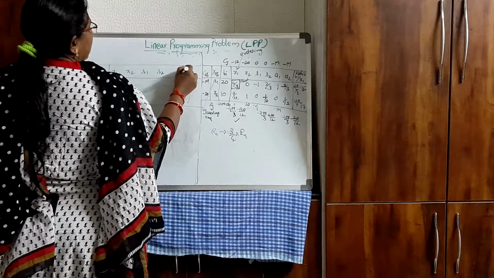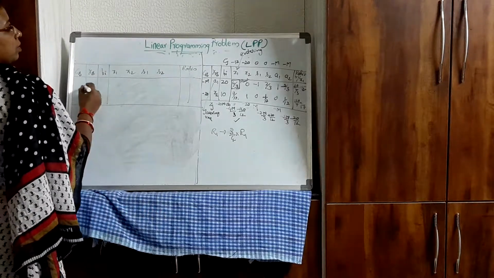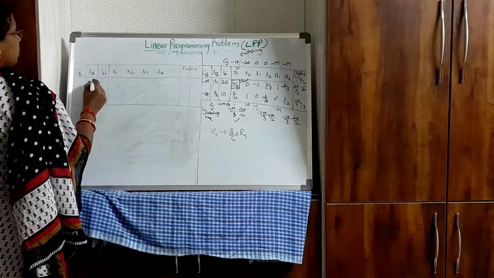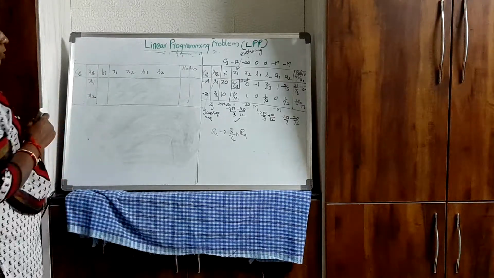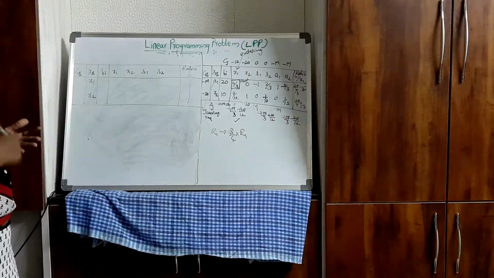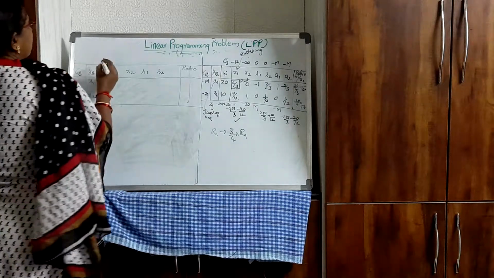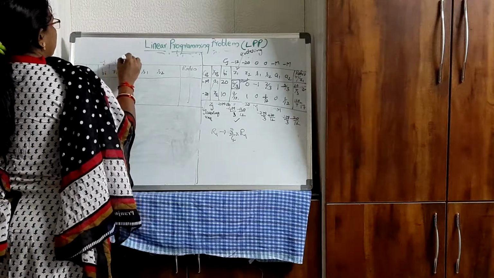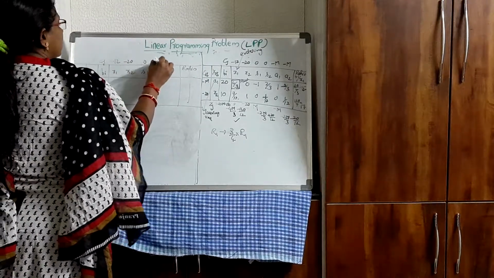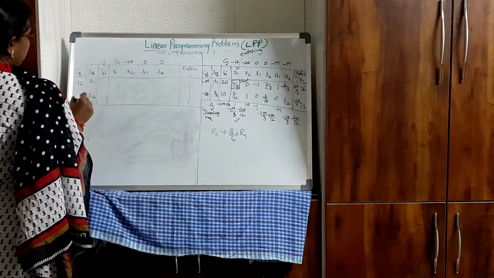And here I will write the ratio. So here the variables are x1, which will come in place of A1, and here we have x2. So no need to write artificial variables because both the artificial variables have left the basis. Here Cj is minus 12, minus 20, 0 and 0. So this is minus 12 and this is minus 20.